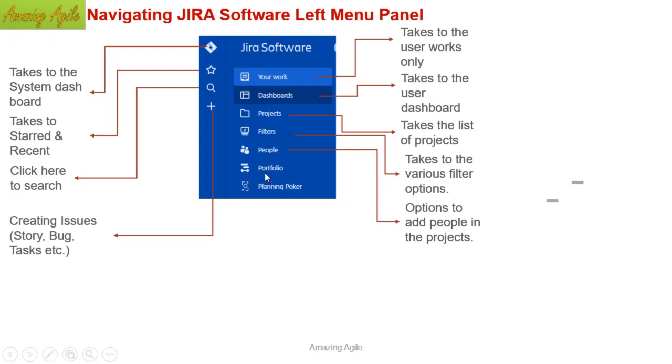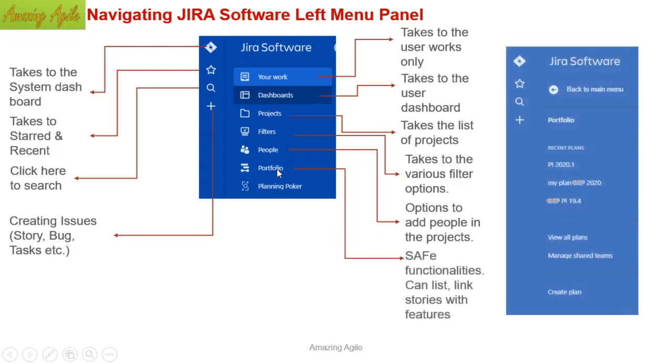Here is the concept that we are discussing today. That was the portfolio. This portfolio is a new license you have to take along with the Jira software. It is pretty expensive because you are working for the enterprise. If you take the regular license for the Jira software, you won't find this option to incorporate the SAFe activity in your Jira project. We'll learn this in detail at a later point of time.